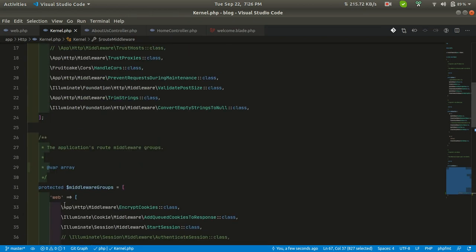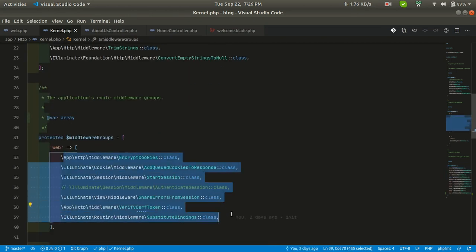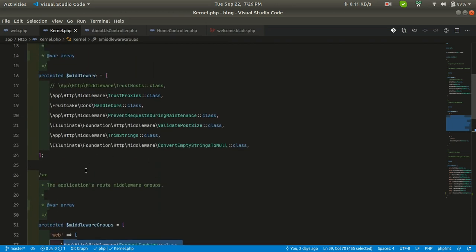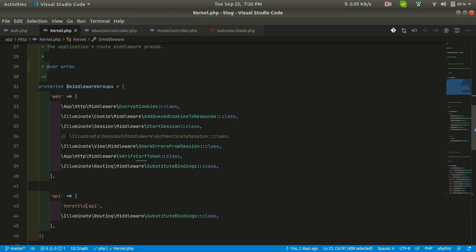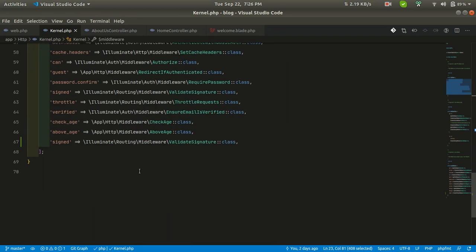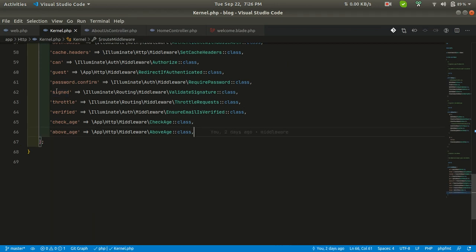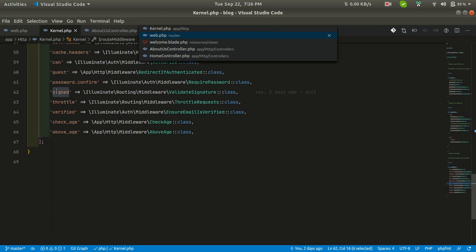But these middlewares will be automatically applied to the web middleware group, and also to all the web and API. Just a recap. So this is a sign. Okay, sorry, it's already included over here, so we don't need to include it as well since it's already present over here.